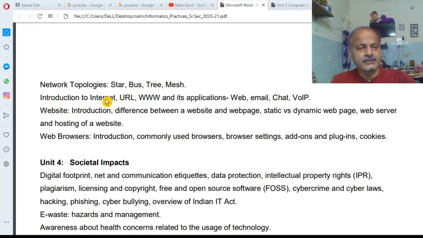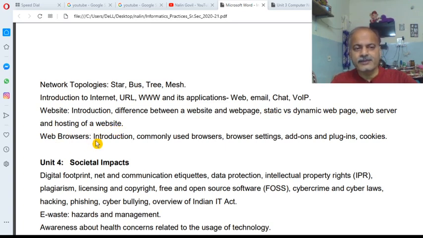Now the introduction to internet, URL, www, its applications, web, email, chat, VoIP. After that, the website introduction. What is a web page and a website? Then the difference between the website and the web page. After that, static and dynamic web page, web server, and hosting of a website. This portion has been completed today.